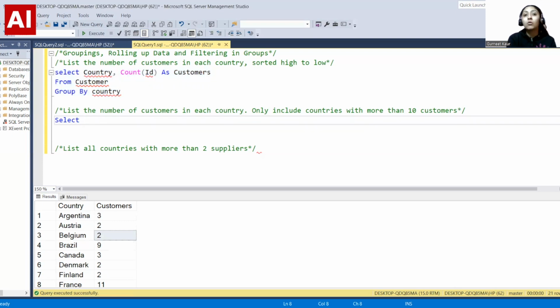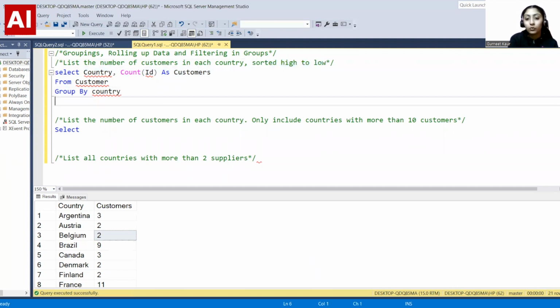Okay, now in this statement, it is saying sorted. We just calculated the number of customers in each country, but we didn't look at sorted from high to low. So for that, what we'll use is order by